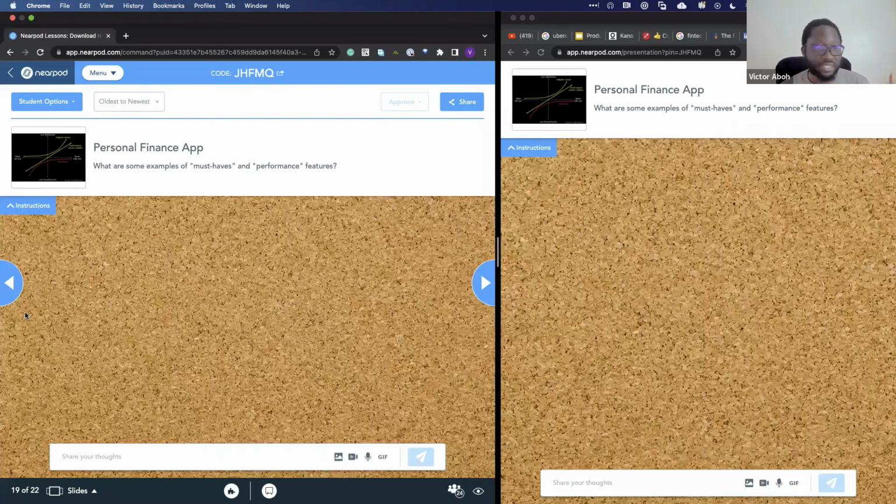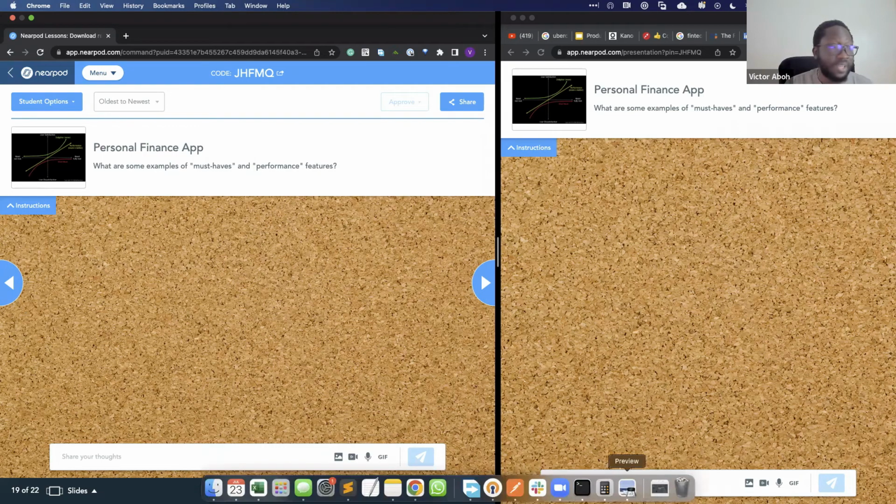So let's put in some ideas in here, thinking through some of the things you saw on that previous slide. Which ones would you say are must-haves? Which ones would you say are performance features? I remember performance is the more you have it, the better. Like, okay, this is a great app. It does this better than this other app. I want more of that, and I'm willing to pay for it, so I'm willing to use it. And which one would you say, if you didn't have this as a base, I wouldn't even use you, right? So let's put some of those ideas, and maybe you can prefix by saying must have or performance before the idea as well.